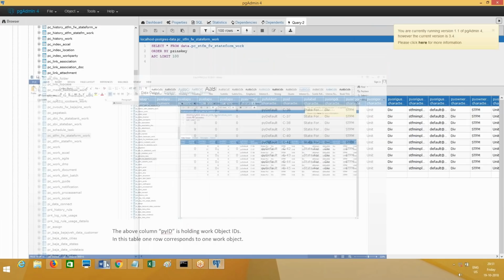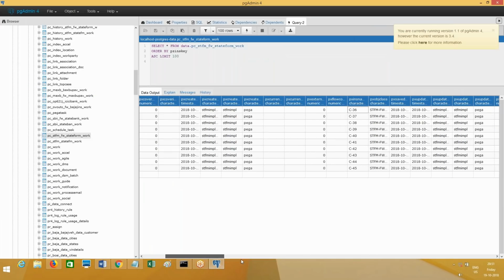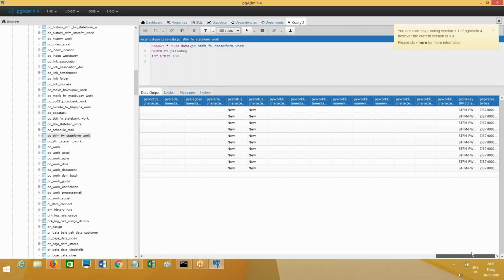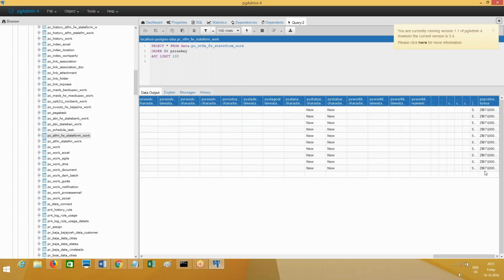Where is the data of first name, last name, age, gender, state, city, zip code? Do you see it anywhere here? It is not available, since it's not like a normal table. But your first name, last name, age, gender, state, city, zip code, everything got stored into this table in a column called PZPVSTREAM. This is the column name.